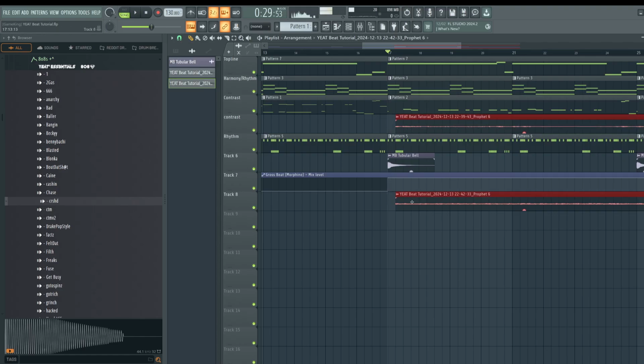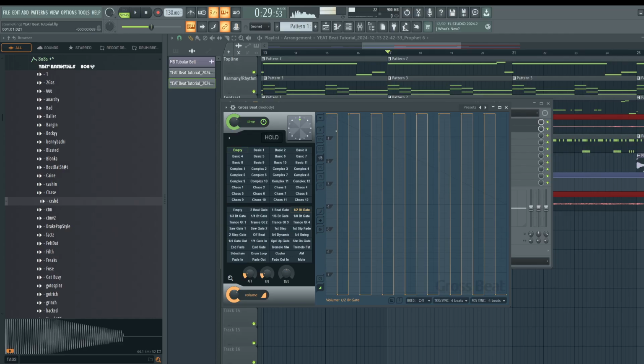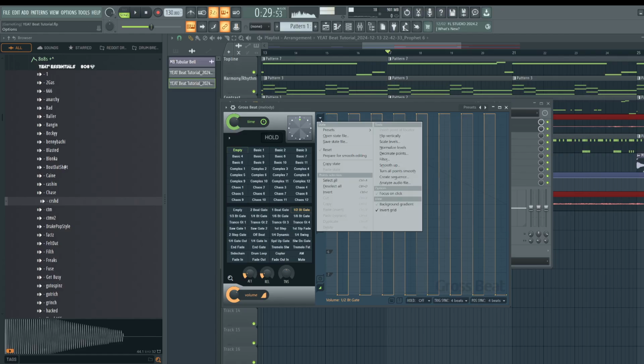Let's just hear it through Gross Beat. Yeah, it needs to be a half beat actually. Let's go to half beat. Grab this over 1. Now it should be like 1 and 2 and. Actually, what am I saying? I forgot. Never mind. We have to do this programmatically in Gross Beat. I wish there was a quick way to time shift. Maybe there is. Let's do just slide remaining points. What I need to do though is move all this over by a bar. It has to be a shortcut for this. I just don't know it.